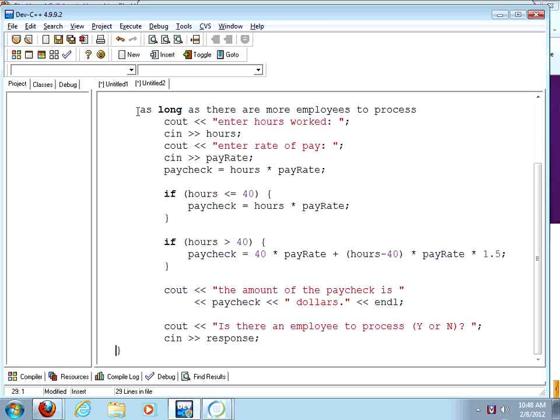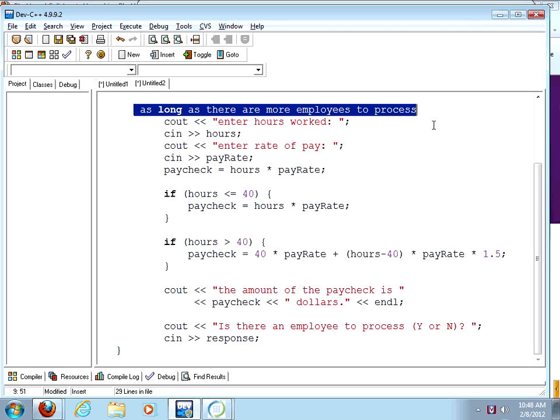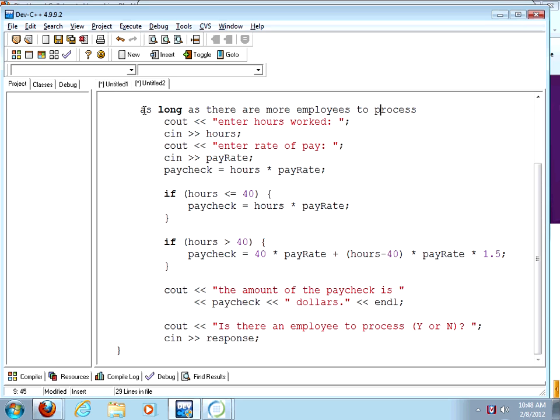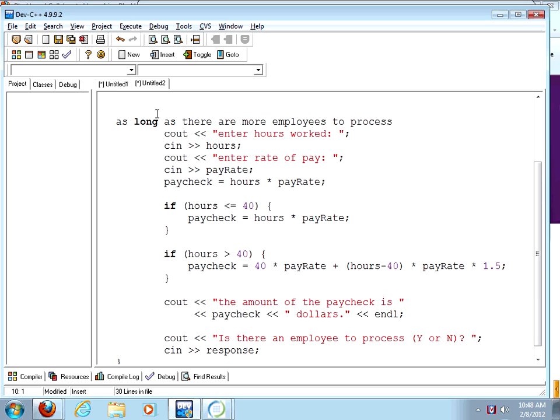Okay, so what's left is for me to tell you how you say this in C++, right? And the way you say that in C++ is with the word while. While, just like with an if, we're gonna have a condition in parentheses. While response,